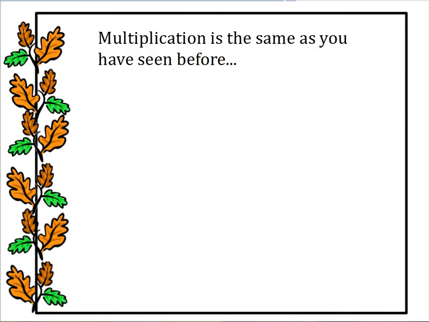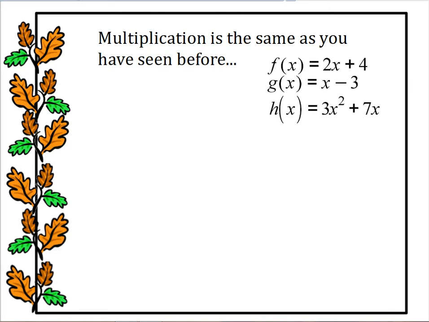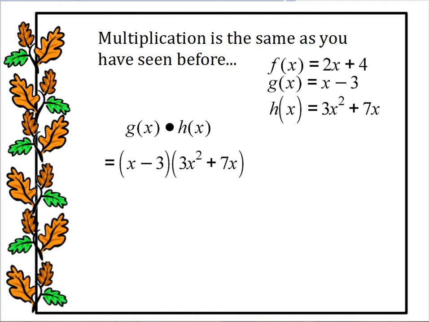Multiplication you've seen before, although it's been a while. Multiplication is basically just a big distribution problem. So let's try g of x times h of x. First thing you want to do every single time is write those two functions down. Remember, with distribution, I'm going to take every term in the first polynomial and multiply it to every term in